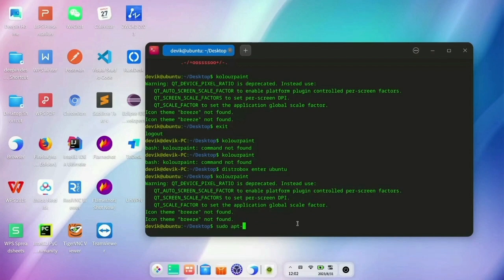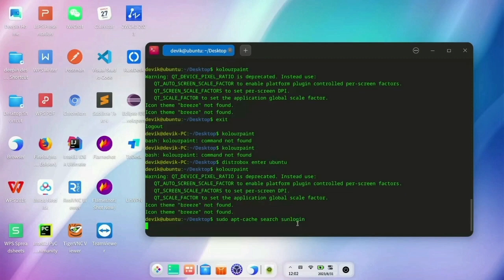So with sudo apt-get search, I can search the software under Ubuntu. There is a lot of software, so just try it. Sunlogin is like TeamViewer, the Chinese TeamViewer. So that's the story about the container and Docker. It's very good